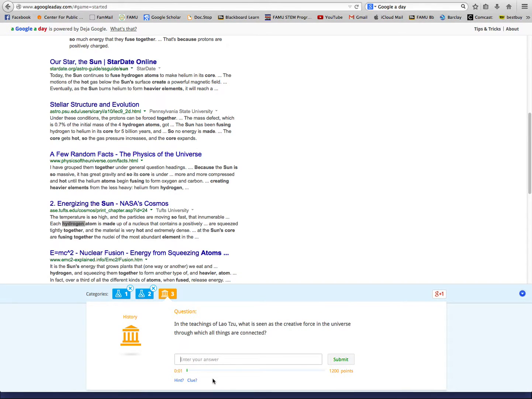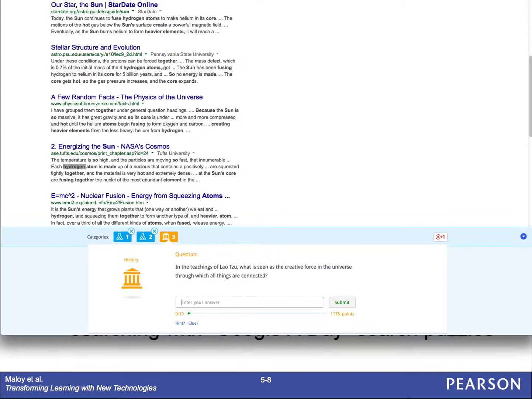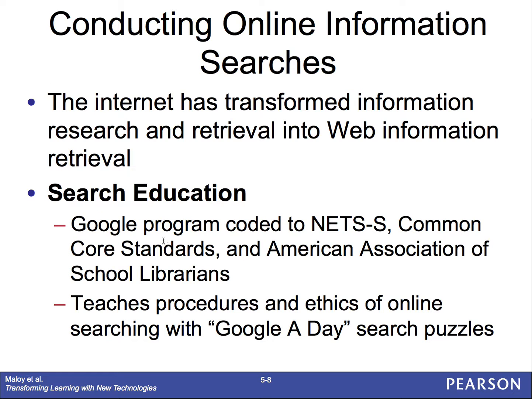And finally, this is history. I thought it was geography, but it's history. So it's a great what's called a bell ringer, and that's to have students come in and do this at the beginning of class and help them get started for the day while they're getting situated in your classrooms.